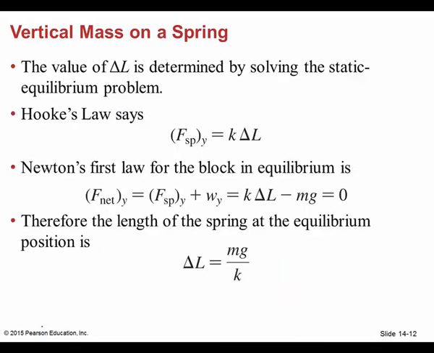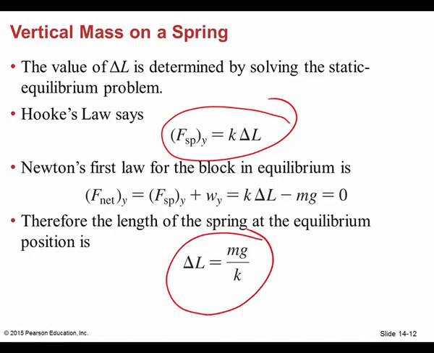And so guess what? Our equation then is going to be the same thing, except instead of delta X, it is delta L, okay? Not a big deal there. So then, since gravity is acting on the spring and causing the spring to come down towards the surface, we can write this equation right here to find the length of the spring at equilibrium